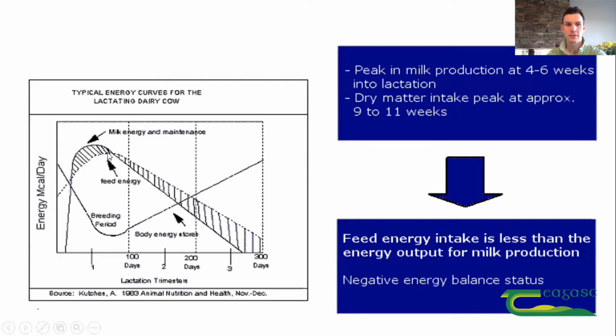I must emphasize that these cows can still milk, but they're just inclined to hold their condition better than the cows that were under the old EBI system, which would have been cows that were around when this graph was done in 1983. But this graph still holds true currently, and when you look here, you see that cows will be